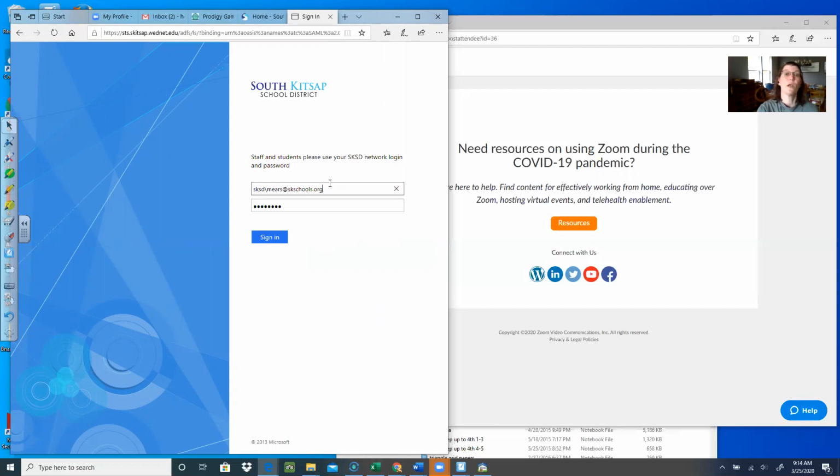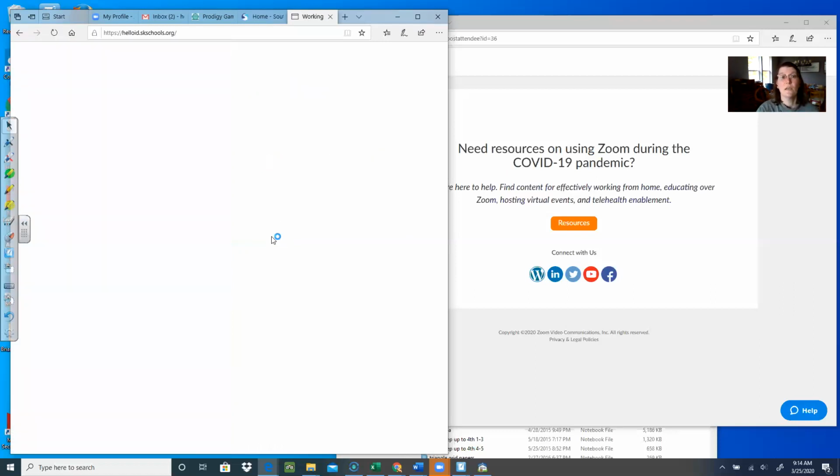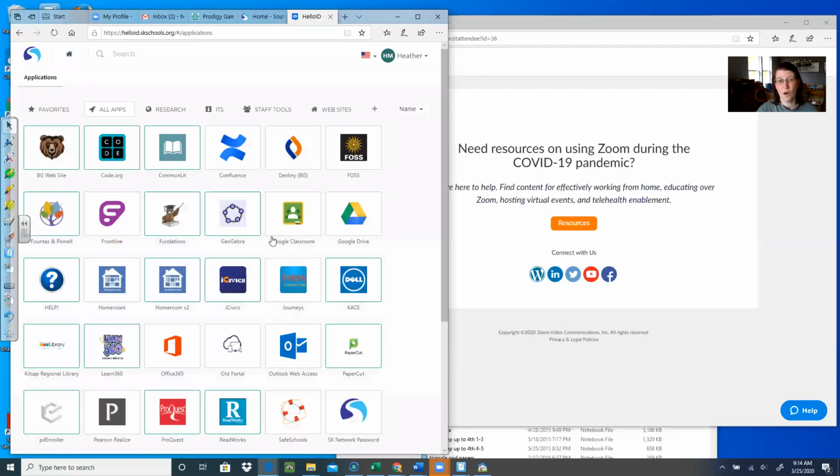I have used it before, but you'll type in your code, and instead of @skschools.org, for you it's, I think it's @skstudent.org. If you have your planner at home, once you open your planner, just past the plastic page, there's a little sticker, and I have your code written down there. So I'm going to sign in,